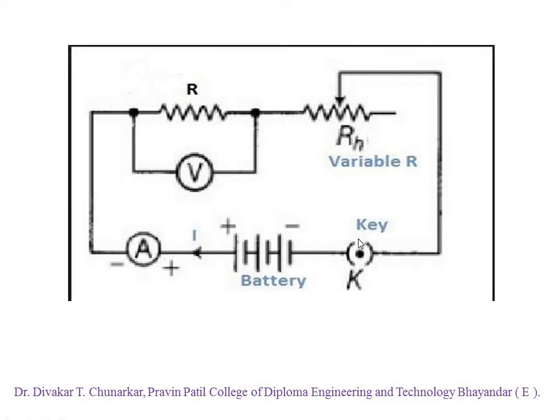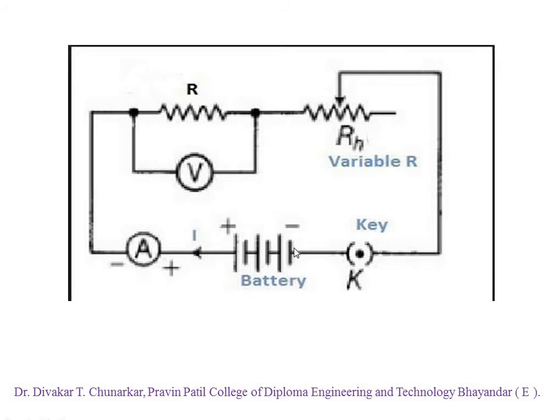key, that is also known as the tap key. There are two terminals of the tap key. The first terminal is connected to the negative terminal of the battery, and the second terminal of the tap key is connected to the rheostat. The tap key is denoted by K. This is the symbol of the battery, keep in mind.